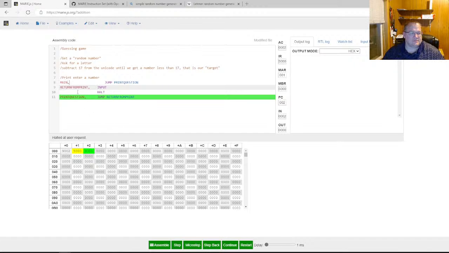I might call it main loop, but right now I'm just going to call it main. I literally could put a label on every single line. It doesn't hurt anything. Except we don't want to return right away. We want to print stuff, right? Okay. So the first thing we want to do is,